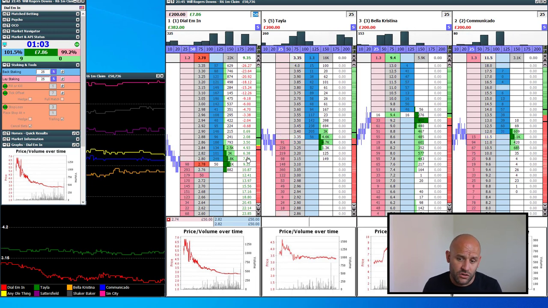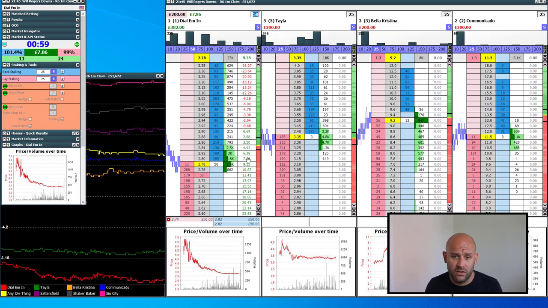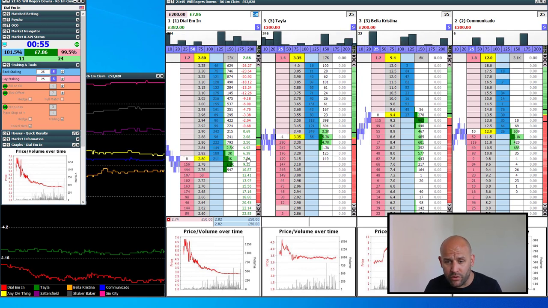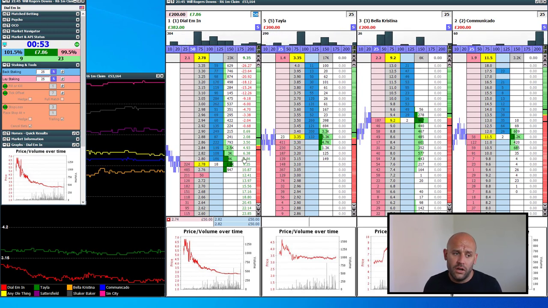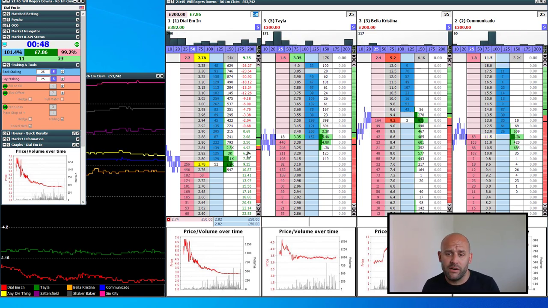It's more likely to contract, considering that nearly all the money that's come in on this runner in the last sort of 2 minutes has all been back money, and it's moved the price in from around about 3 to 2.8. So, I mean, it could bounce back if something else pushes it out elsewhere in the market,